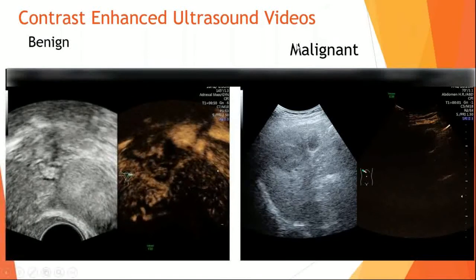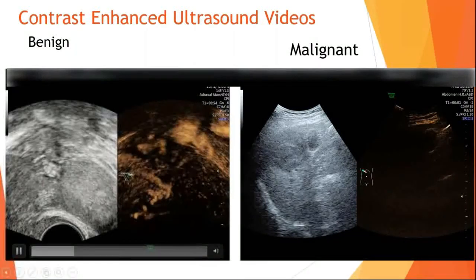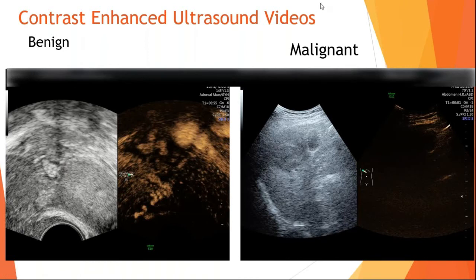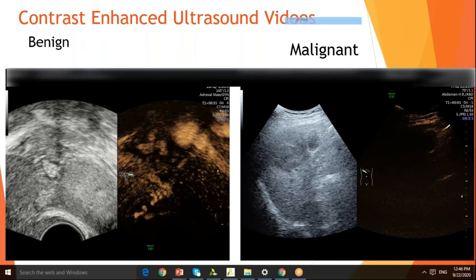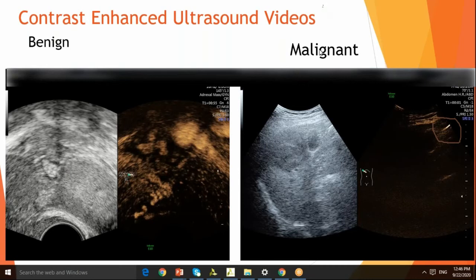But you can see here, the malignant one. And you can see this particular point. Okay, I'm stopping this, and let us see the right-hand side. Can you see the small insertion here? Let me draw it here. That is basically where they send the agent. Let me come back and erase this.